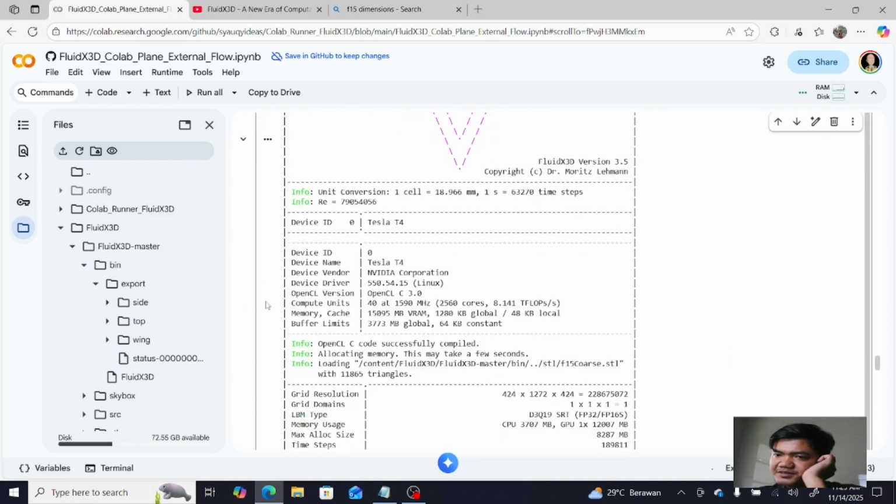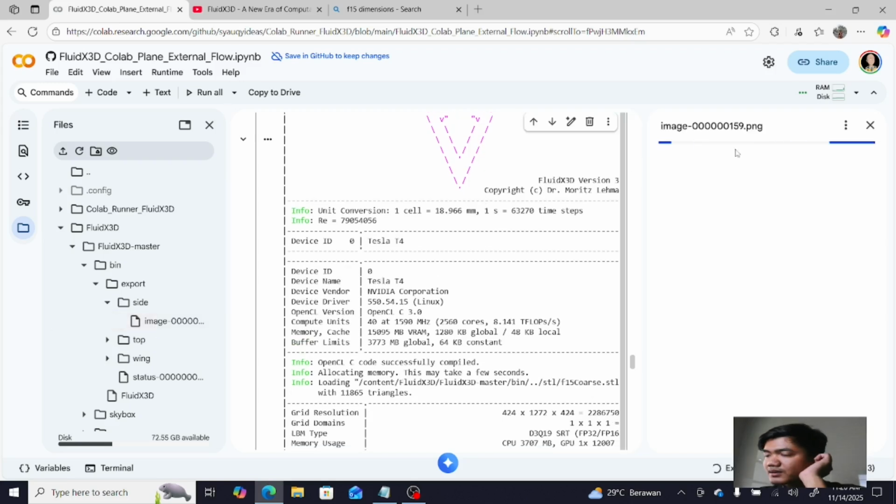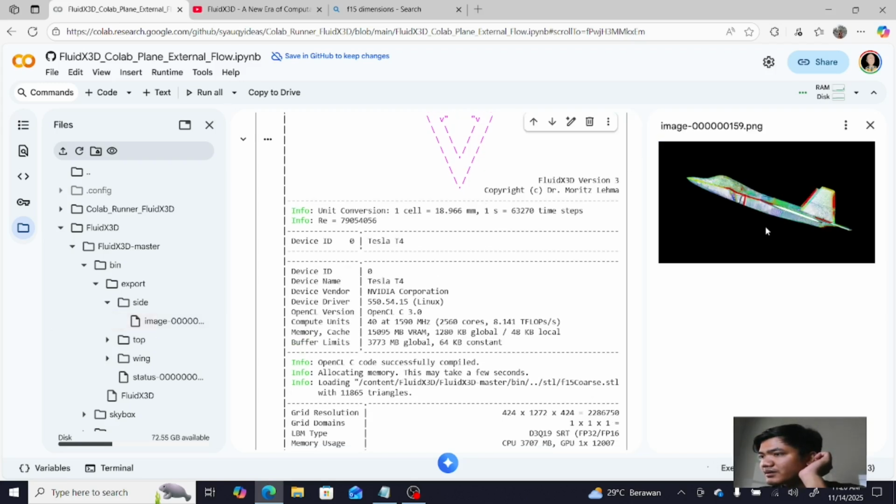Okay, there's side, top, and wing. Okay, here is our simulation, top and wing.